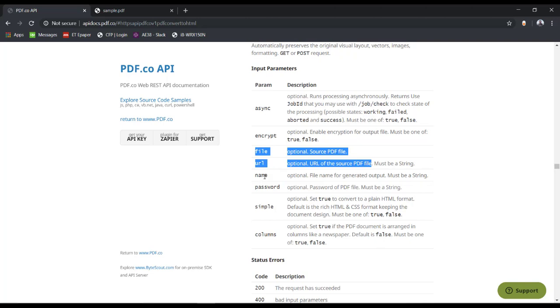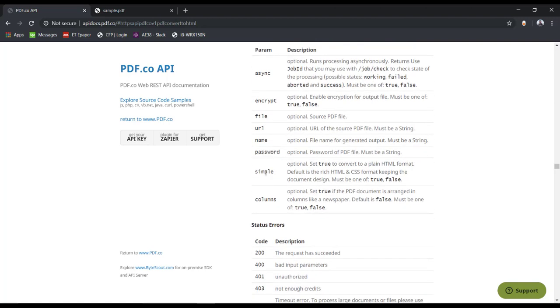This is the optional output file, the name of the file. If the PDF file is password protected, then we should set these password parameters here. This parameter is simple. So by default, it is false. Like if you want to have the plain HTML as the output, then we can set this to true to get the plain HTML.